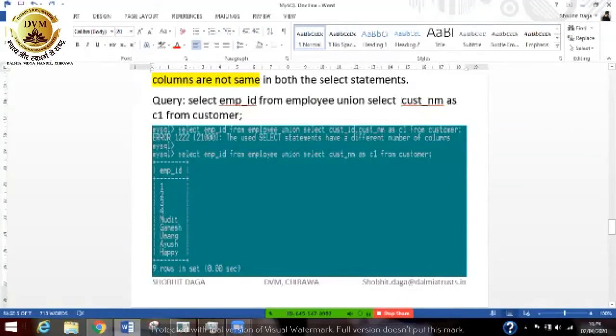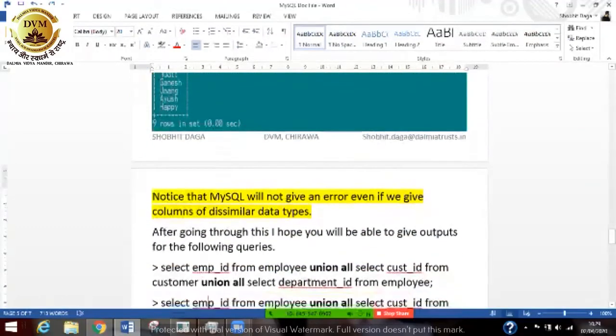So both the columns have different data types. The customer name column has a data type of varchar, and the employee ID column has a data type of int. Here you will get your result like this. There is no problem even if you union columns of 2 different data types.